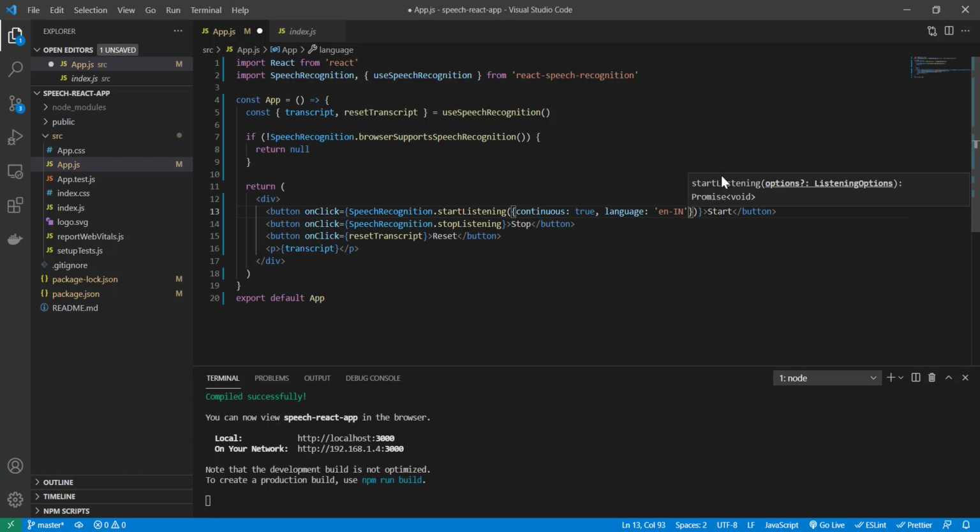If you are in US, you can write en-US. If you are following British language, then you can use en-GB, and for US language you can use en-US. For now I am using en-IN, Indian language.